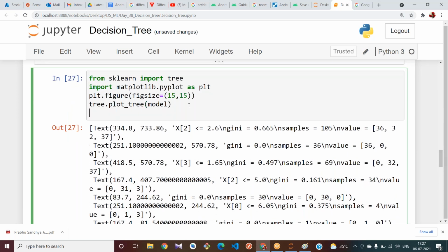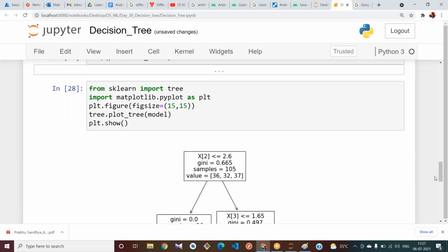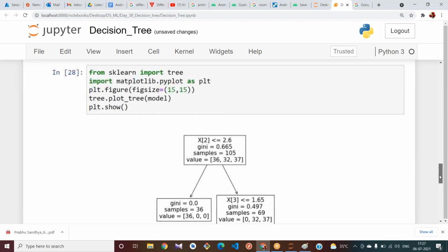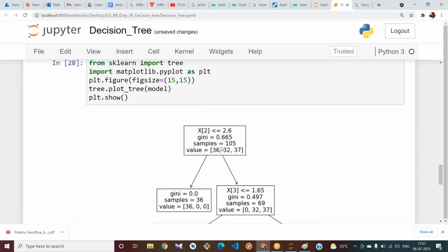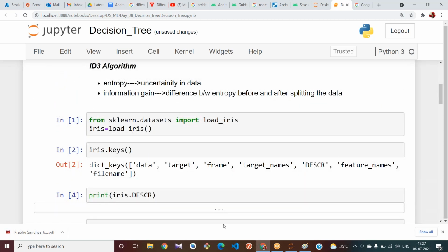Okay, it is returning the values. Let me print here so that we can visualize only the tree. You can see based upon the Gini index, it is trying to classify our data. X of 2 it is taking. What is X of 2? X of 2 means from your data set,